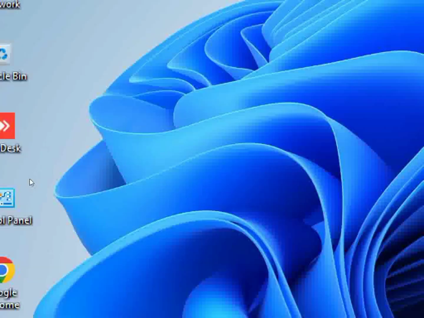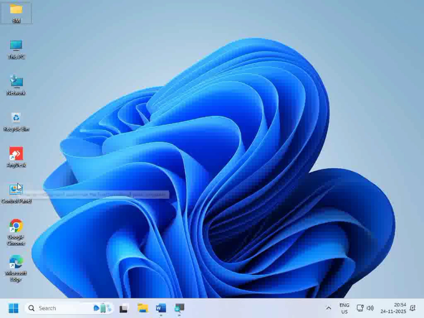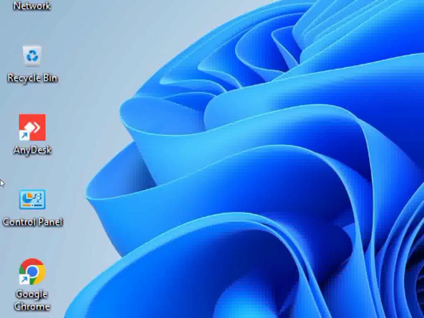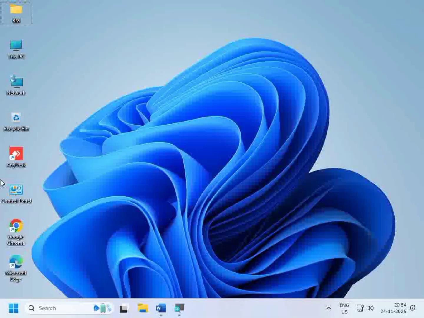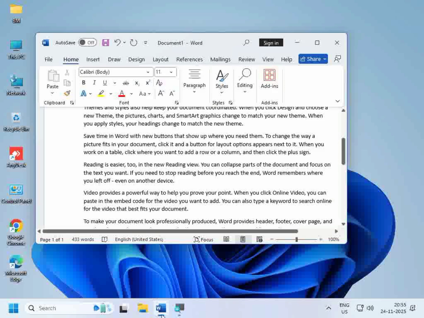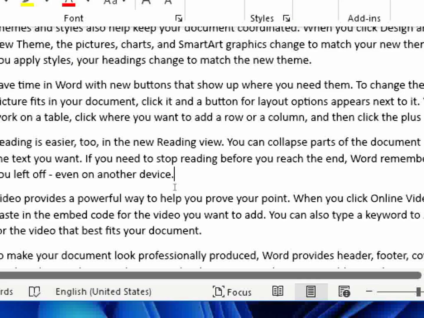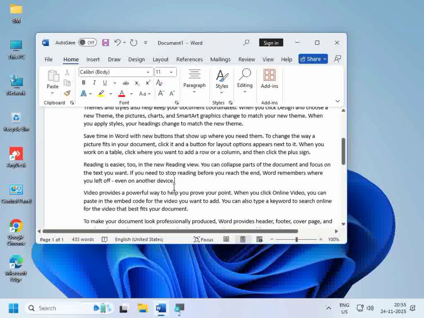Same. I will open a file and show you zoom in and zoom out. You see, this is our Word file. Click anywhere on the Word file. Now press the Windows key plus the plus key. Now you see, this document is zoomed. Okay,